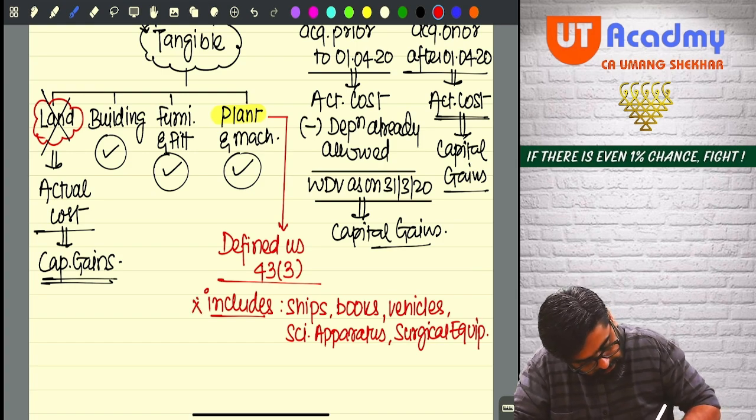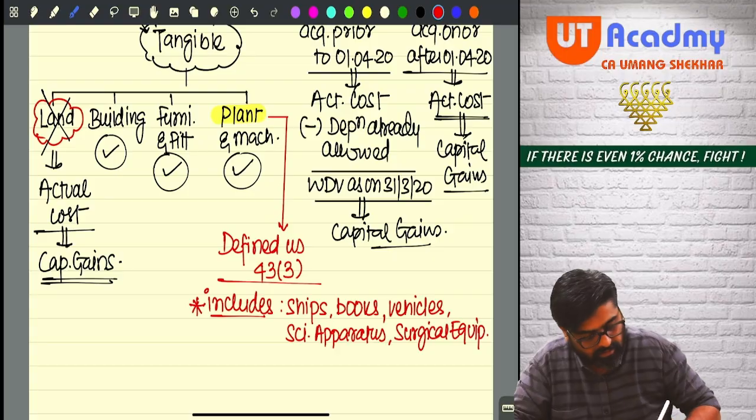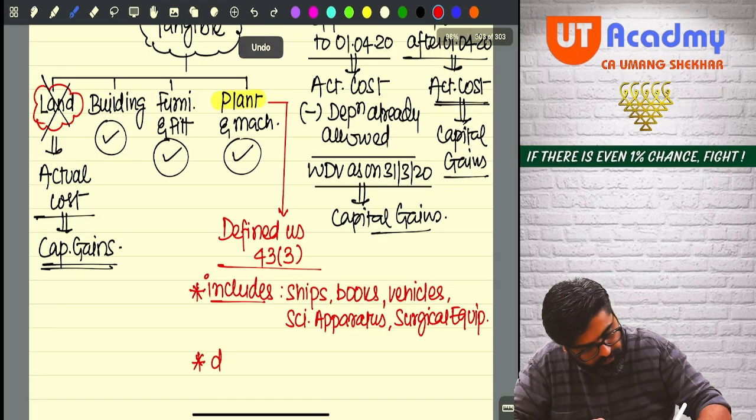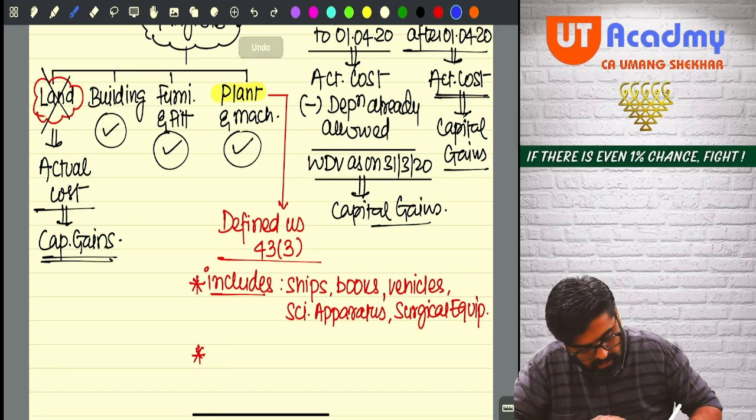So the term plant includes these assets. And the term plant and machinery, the term plant does not include, what did I say? It does not include